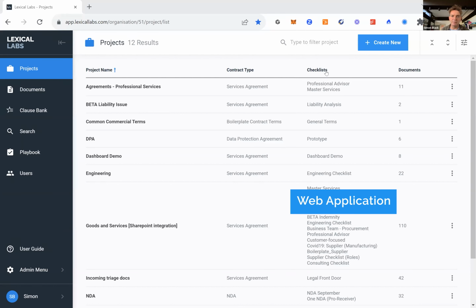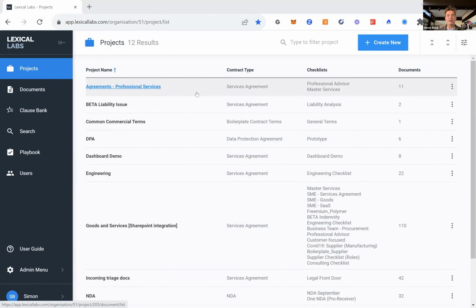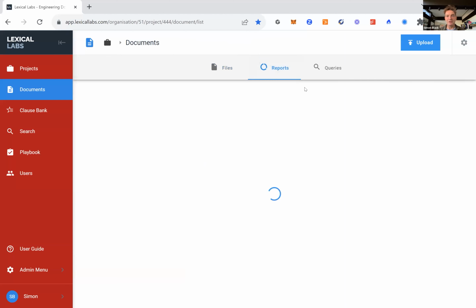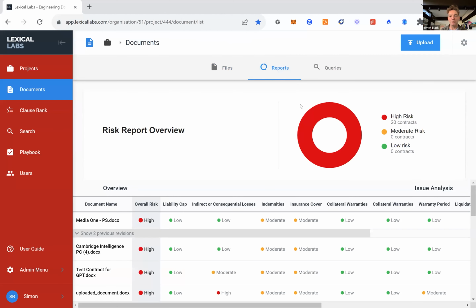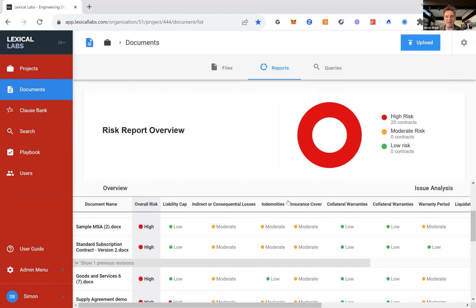So let's finally look at the web application, which contains all of the features in the Word plugin, but also some additional ones. So for example, users will have access to a secure portal in the web application just for them and their colleagues, and they can set up project folders and assign users with various permissionings into each folder. Furthermore, users have access to further reporting features, such as the portfolio reporting feature. So what this does is tracks all of the contracts in a particular project folder against the checklist, and allows